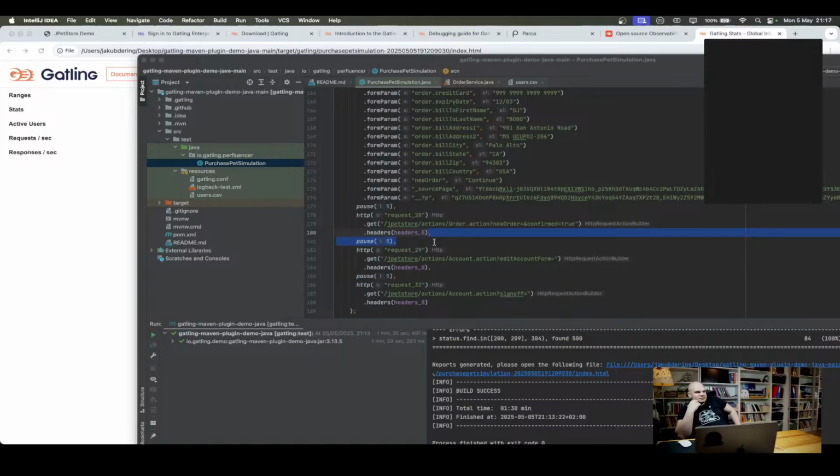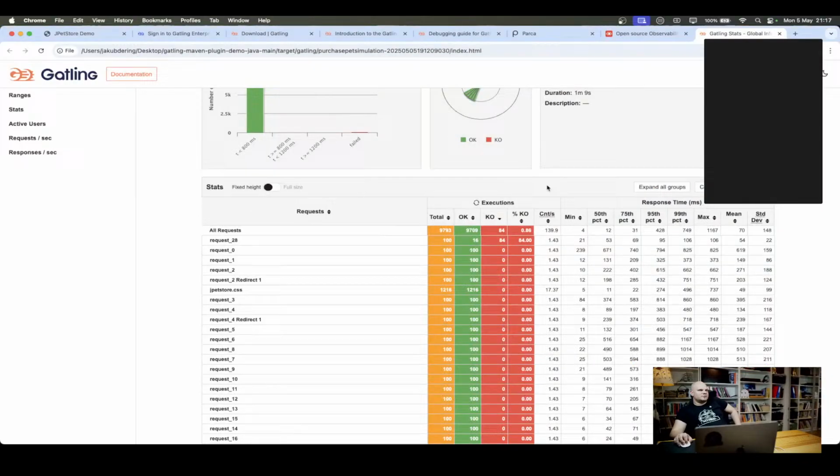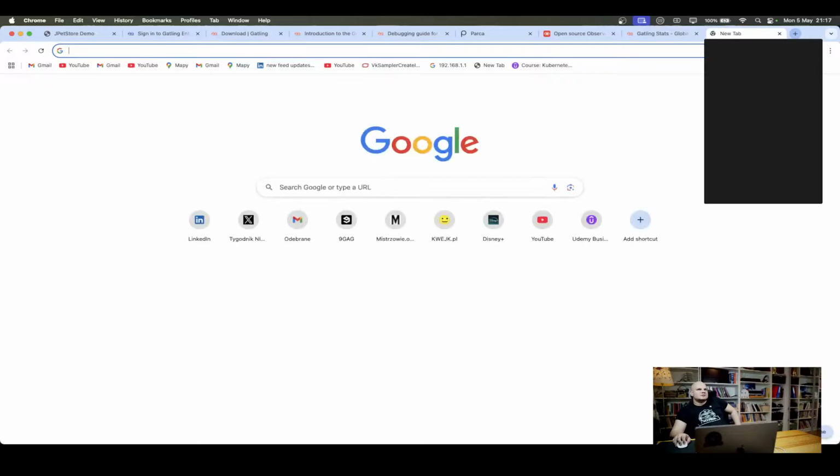Maybe that is the case here, that we're getting failures of some transactions. I should probably run some assertions or print the response body for this transaction, and then we should see what's